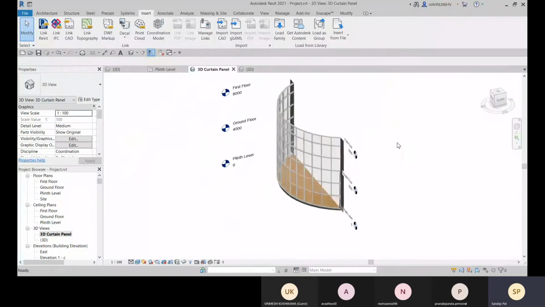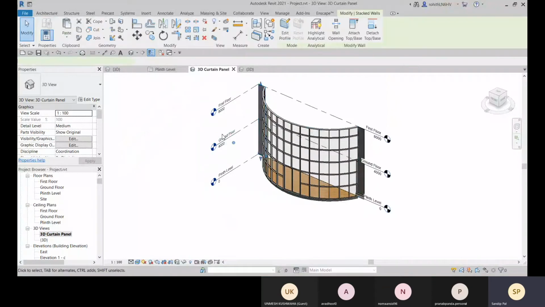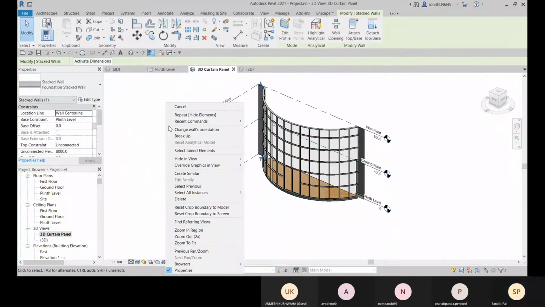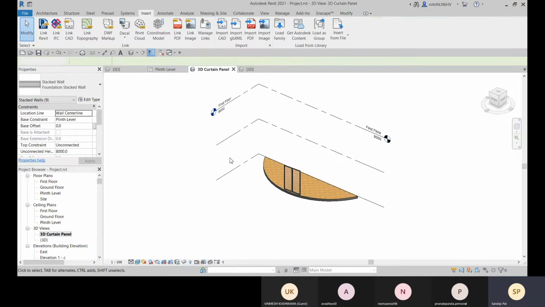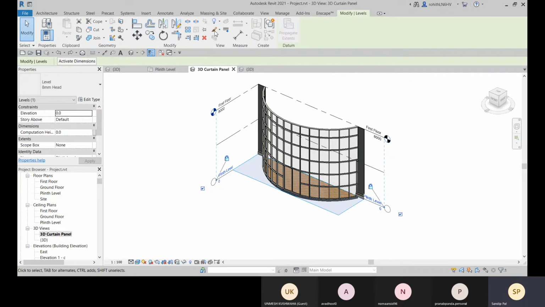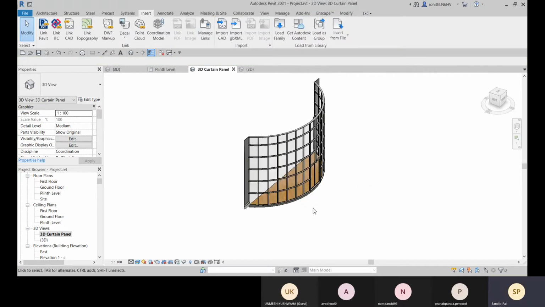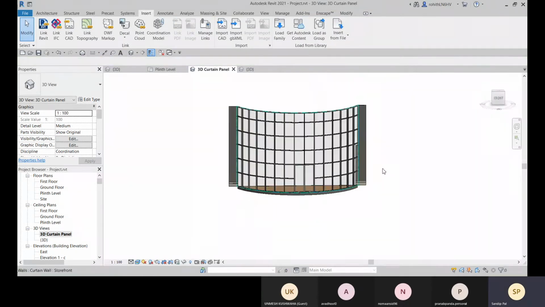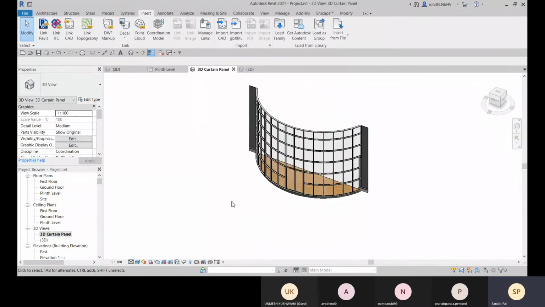You can also select all these levels like this, and go for hide category. Let me select and then go for hide category. These all are hidden, and now you get a clean 3D view for this curtain panel and you can add it in your sheet.